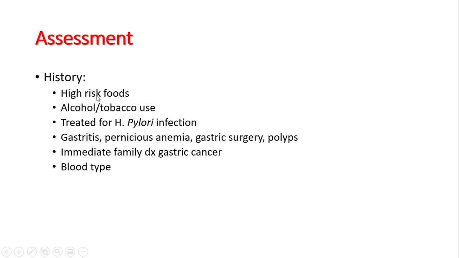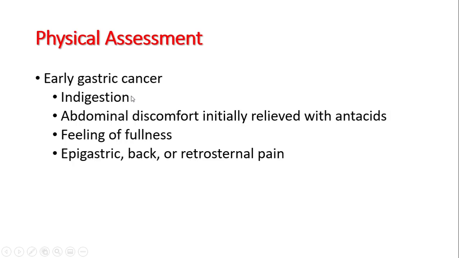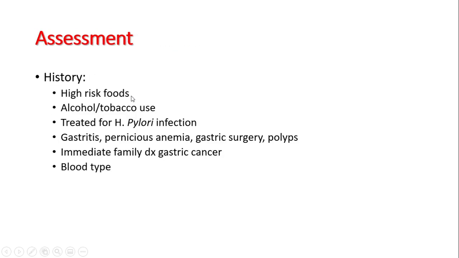The history is very important, in which the patient has a chronic history of H. pylori infection and eats unhealthy food. So it is a disease of poor populations because they always consume canned food and are unable to have